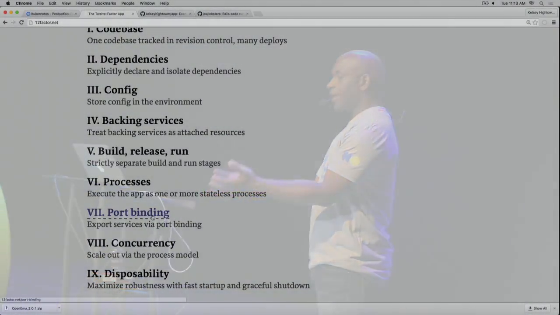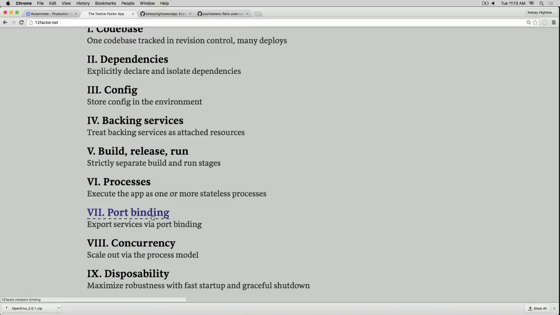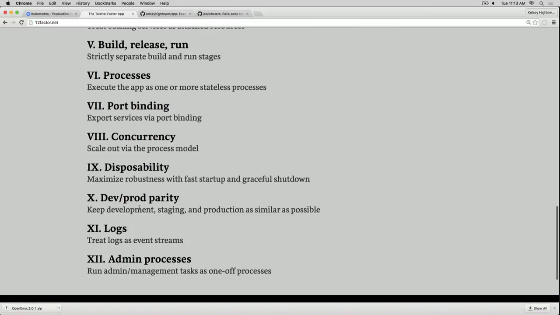This port binding thing, I take issue with as well. I think that was a limitation of when this thing was written, right? So the suggestion was you should be giving your port when your application starts. I think that was too platform specific. If you're dealing with a platform that can't give you an IP address per process, then this will be something you need to do. But the world has changed a little bit, so we're going to show that a little bit as well. And then this other big one that I'm going to focus on today is dev prod parity.